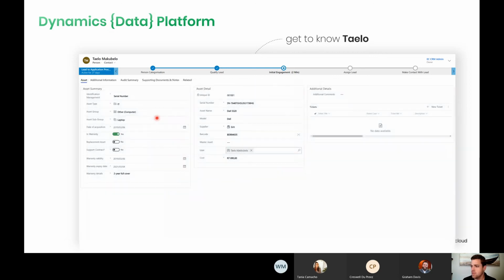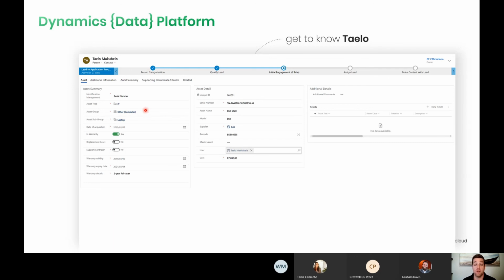We can then also, on the asset side, if we're issuing assets to students for specific courses or whatever the case may be, and it doesn't have to be a physical asset or a piece of computer equipment, it can also be software assets like a user account. We can start managing those things and saying, well, in this case, we're issuing a laptop to Taelo, and we want to make sure that we understand what he's doing with it.